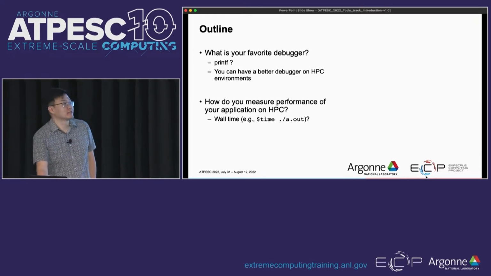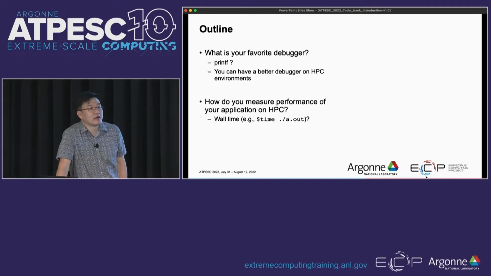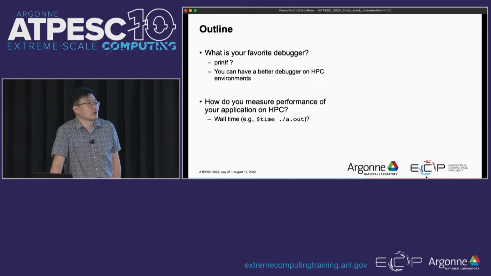But the problem is speed up is always good to have, but you still don't know how much headroom there is for your application performance, right? So you may get 10x speed up from this computer to this computer, but you may still use just 0.1% of the performance of that specific system, right? To know, you may need to use some flop rate or bandwidth or something like that, right? So if you measure the flop rate,